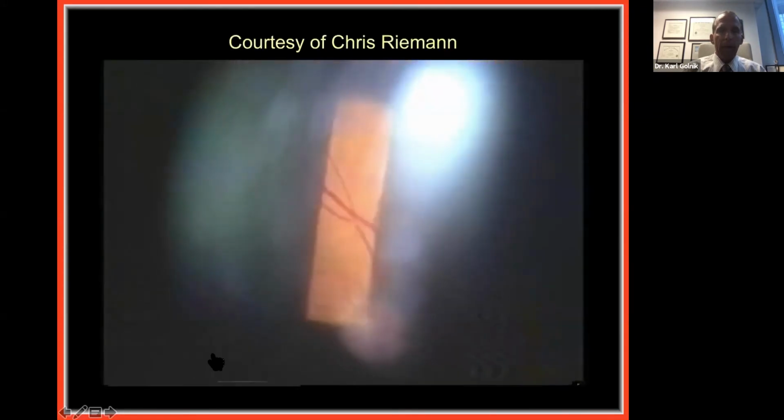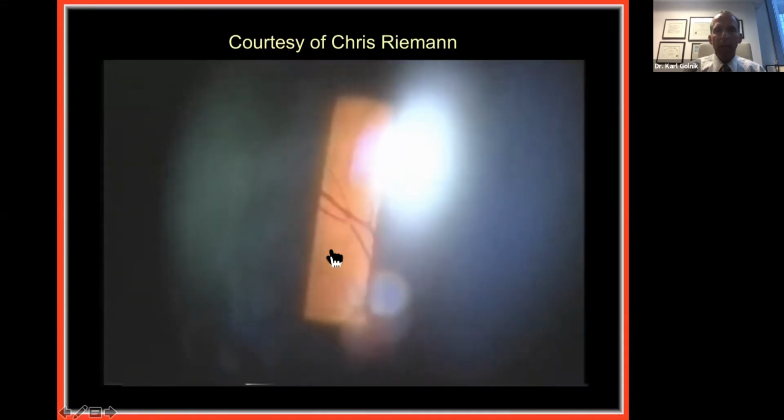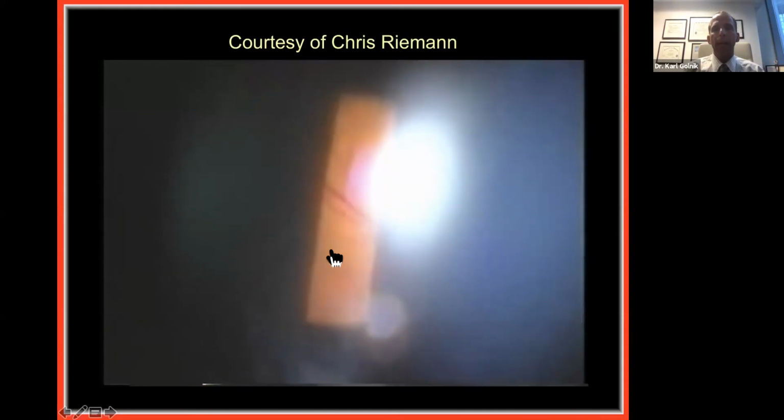So the idea was to get that plaque to move downstream, and I think I'm gonna show that again, just because it's a tough video to obtain, and it can be tough to see the findings. So look right here at the bifurcation, nothing apparent, but then you see that reflecting. So I'm putting pressure on the eye, and the blood is pushing that Hollenhorst plaque back, twisting it enough, cause